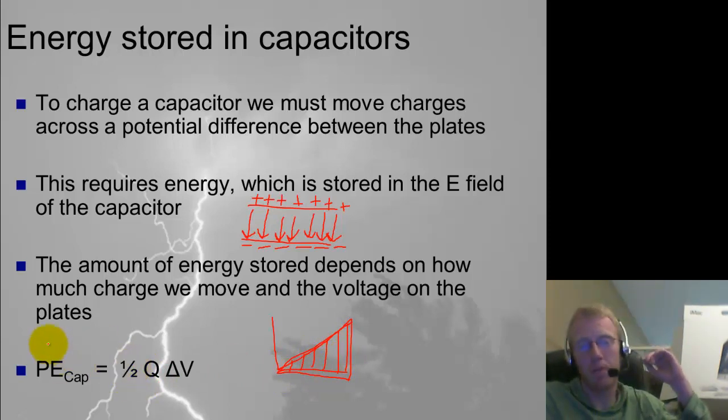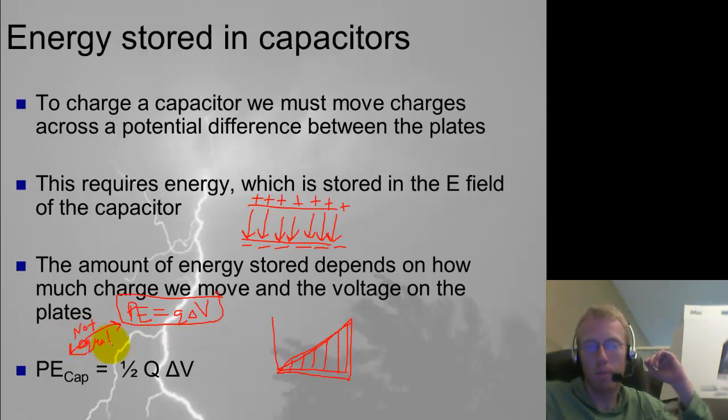Okay, this is important because the potential energy for a single charge moving across a voltage is Q delta V. So be careful that you don't get these two formulas confused. These are not the same. They are not equal. For a capacitor, you're